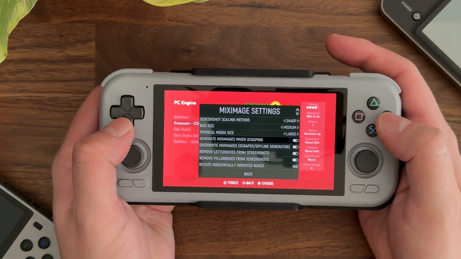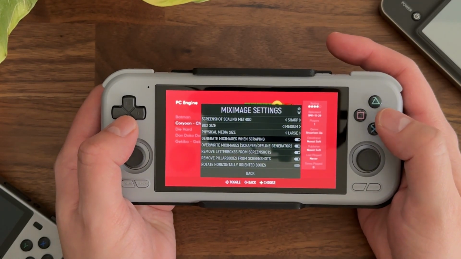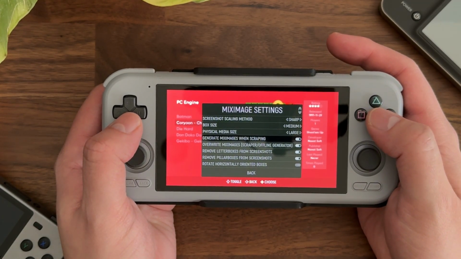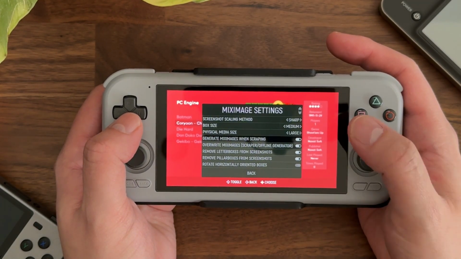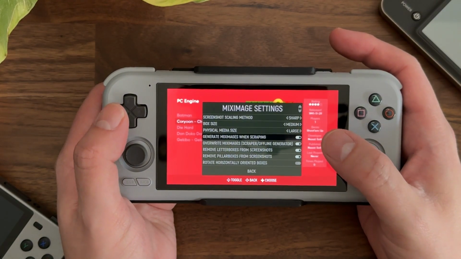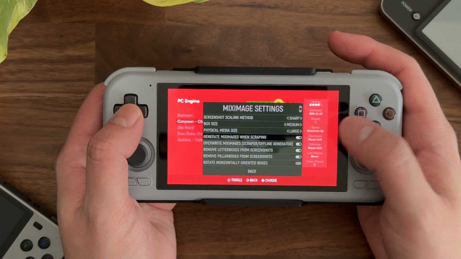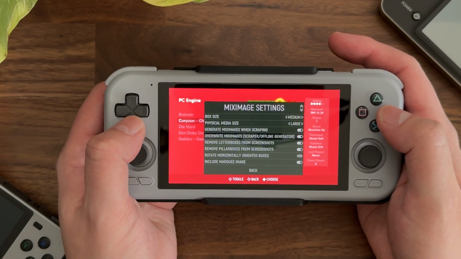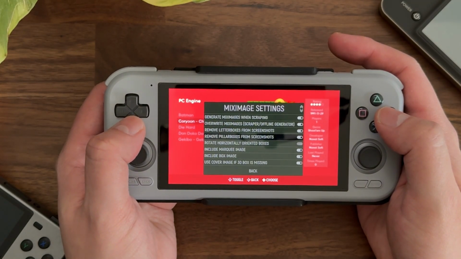And this setting is super important. If you have this turned off, then when you're scraping images, you won't generate mix images. So if you care about mix images, keep that on. If you don't care about mix images, turn that off. All right, let's see. Let's go to,